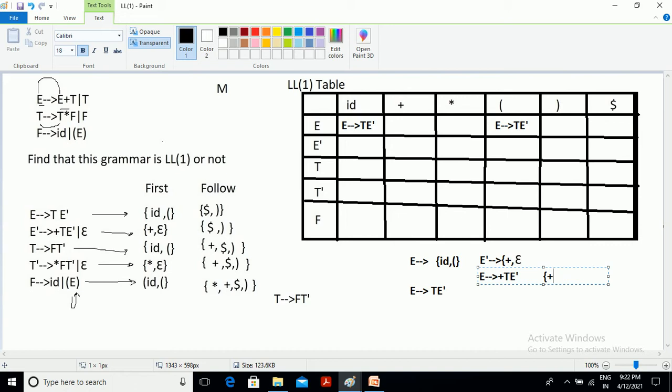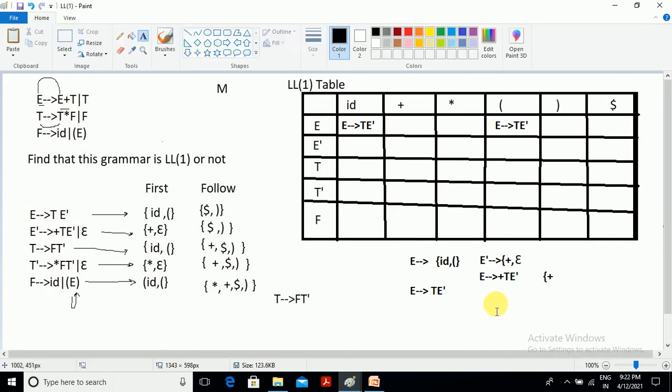Epsilon is also one of the firsts, which I find by using another production. E' derives two productions: one is plus TE', another is epsilon. Plus is identified based on the one production, plus TE' only. From this production only we select plus as a first.